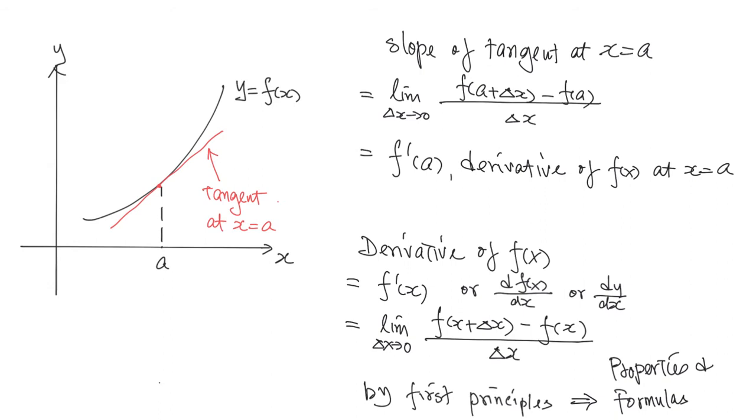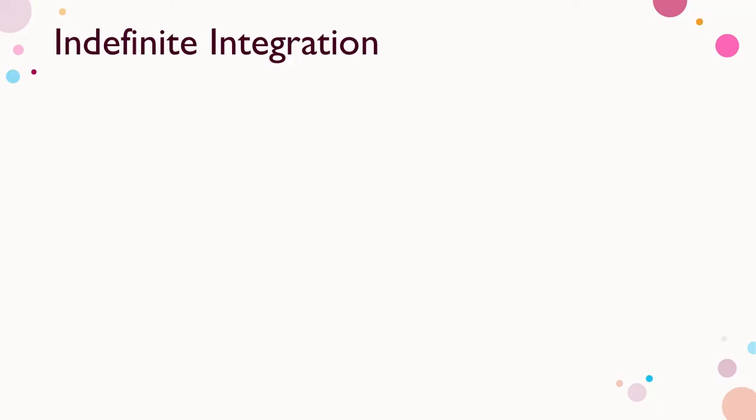For example, suppose f(x) equals 2x cubed plus 4. The derivative f prime x is 6x squared. This result can be derived by first principles, or it can be done quickly by using formula. The process of getting the derivative f prime x from the function f of x is called differentiation. Given f(x), the process of finding f prime x or df(x)/dx is differentiation. The reverse process is called